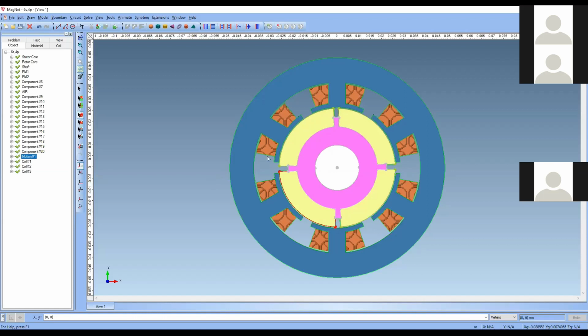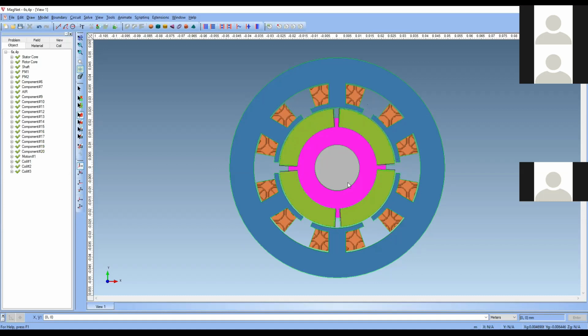So what we want to do is, between the rotor outer diameter and the stator inner diameter, you draw another circle. Between them you draw another circle and make that also a rotating component. Now this complete thing will be rotating irrespective of this air gap. This is a trick, because when I started with the software, I was also facing this problem.